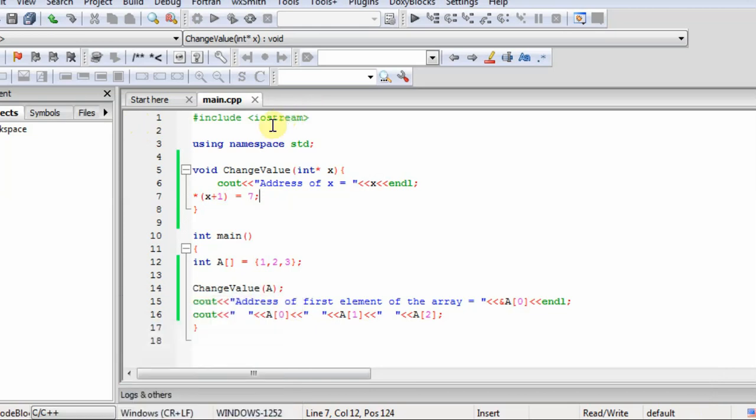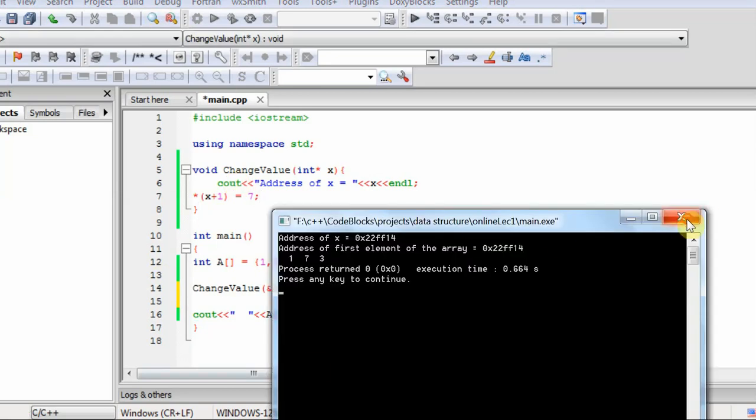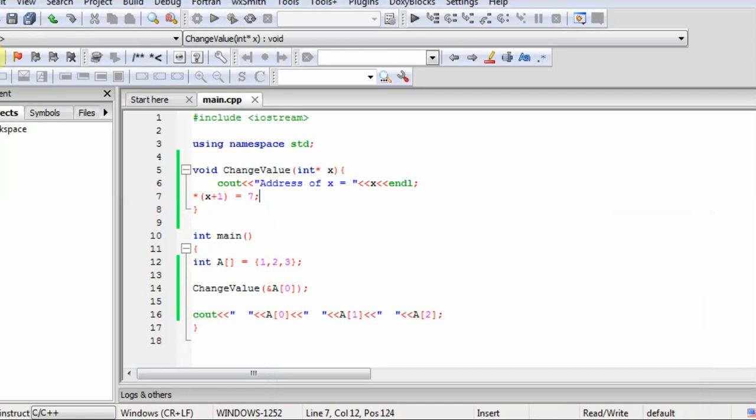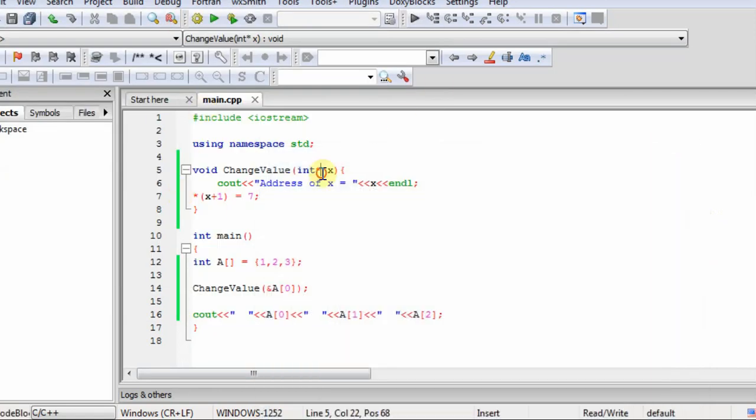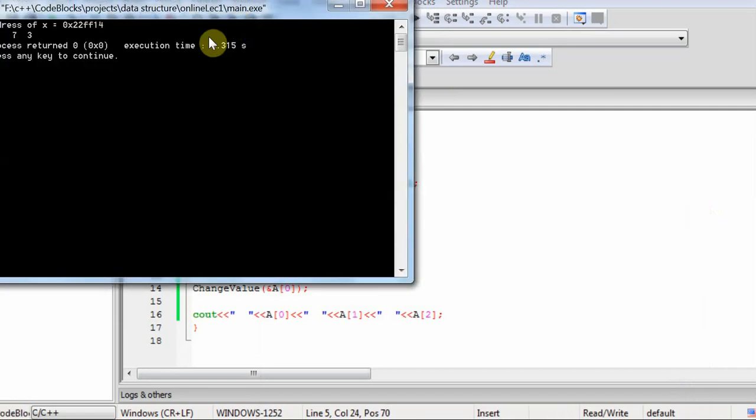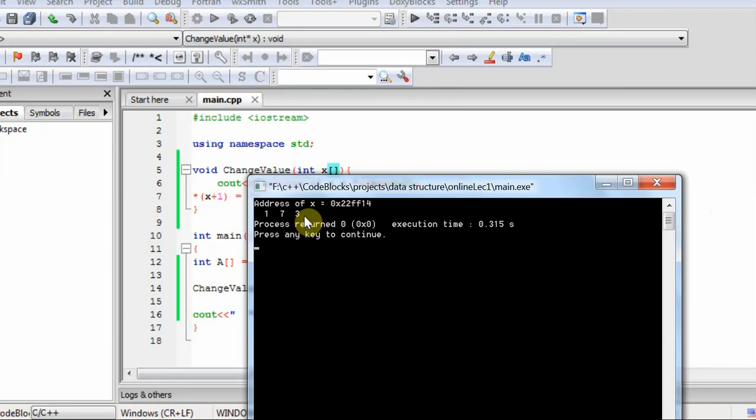So now it should be clear to you, when we pass the array through function arguments, we are actually passing the array to a pointer variable, and if I pass like this, it will also show the same functionality. This is the same as previous. And you can say, if I pass like this, it also shows the same functionality.